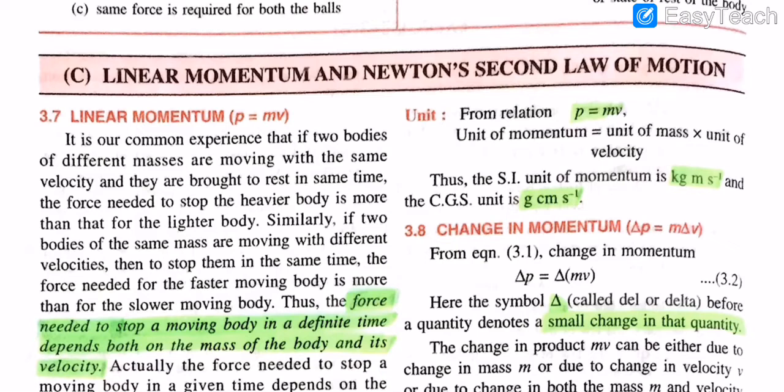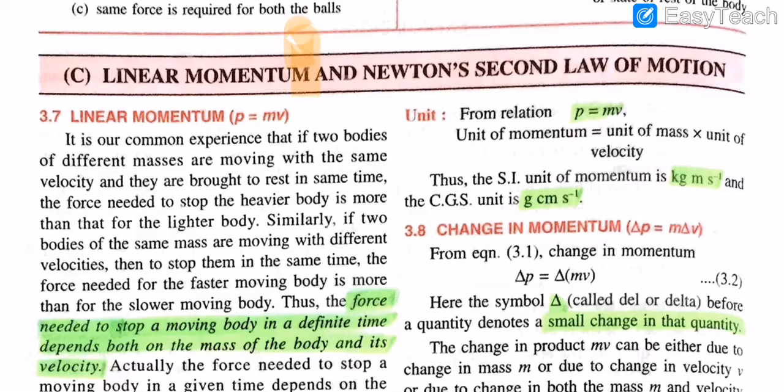For a body of mass m moving with velocity v, the linear momentum P is expressed as P equals mv, that is m into v. It is a vector quantity. Similarly, what else? Force. Yes, force is also a vector quantity. It is a vector quantity in the direction of the motion of the body, along the velocity of the body. Now, from the relation P equals mv, unit of momentum equals unit of mass into unit of velocity. SI unit of momentum thus becomes kg m s^-1. Why? Because